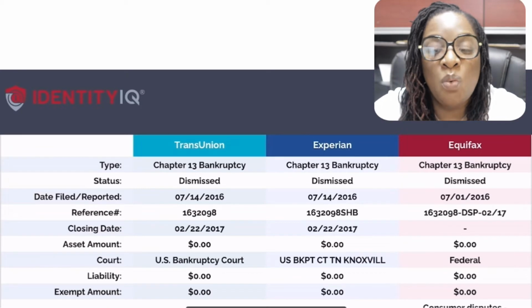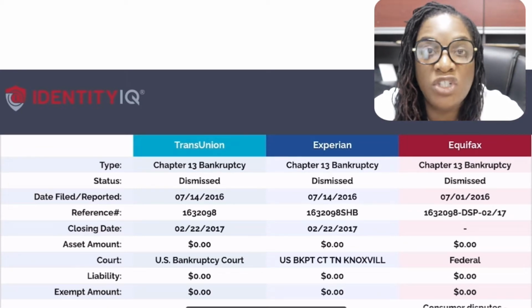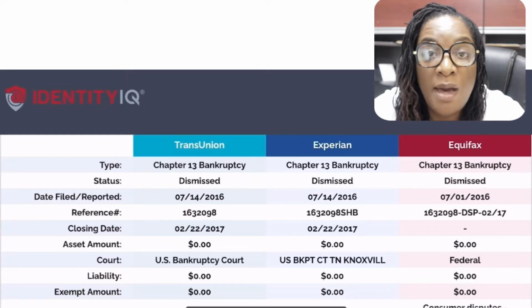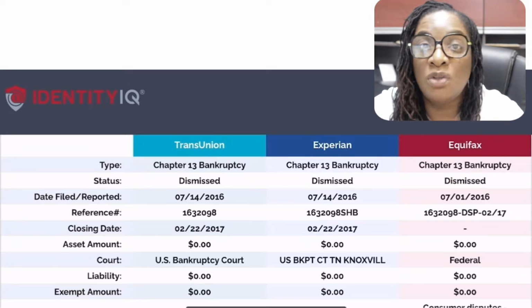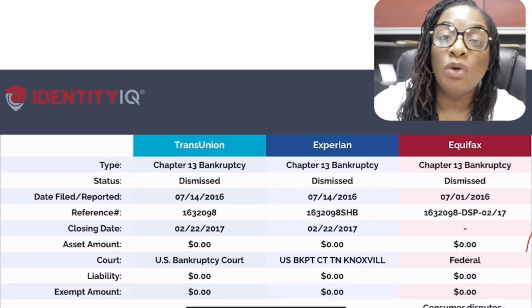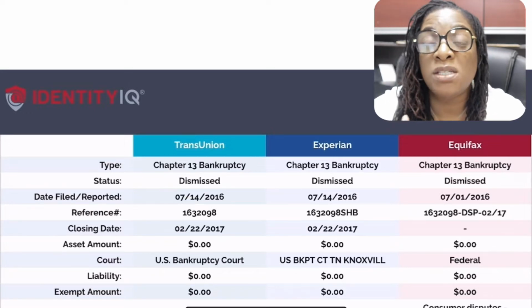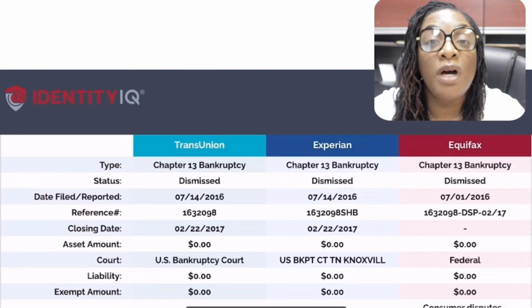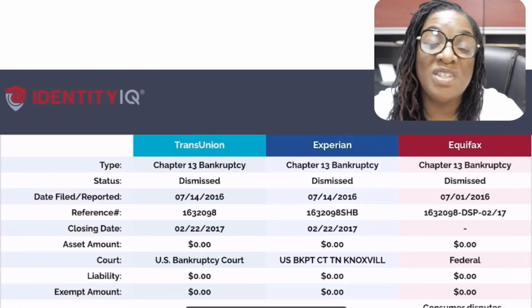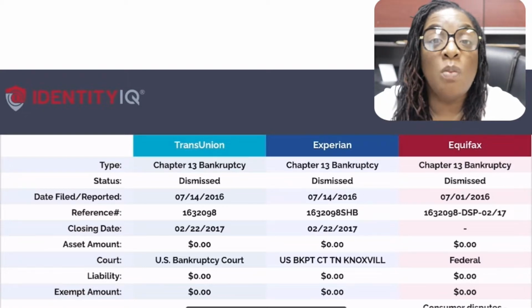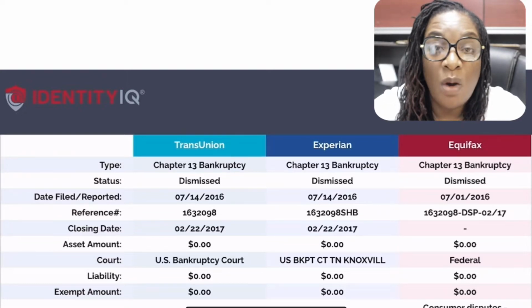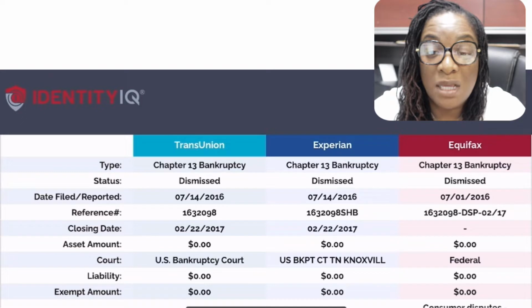Okay, so what we're looking at here is just your typical IdentityIQ credit report. When I log into IdentityIQ, I pull up my credit report and scroll all the way down to the bottom, and I look for public information because that's where the bankruptcy will be stored. So the first thing I want to do is, once I find the bankruptcy on the credit report,